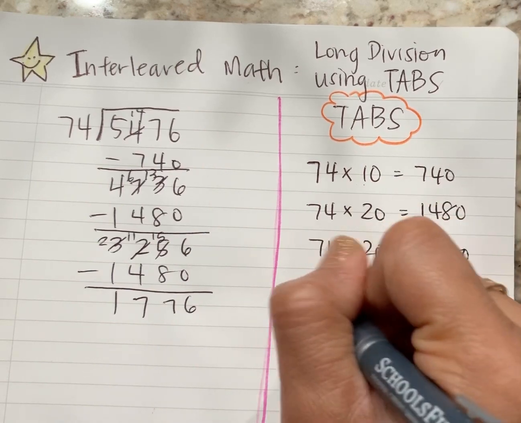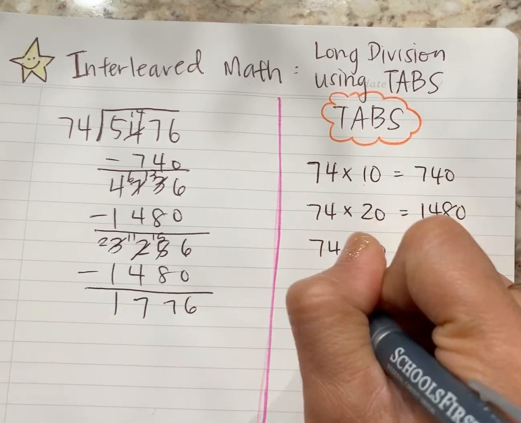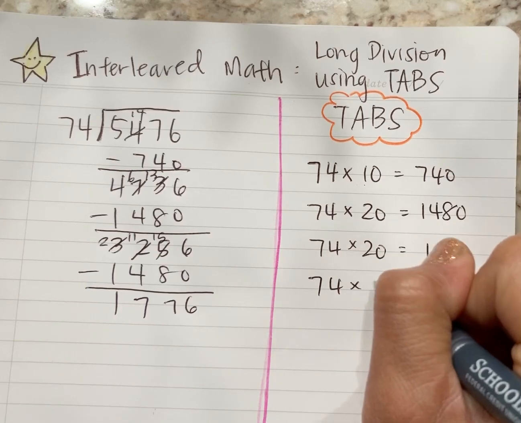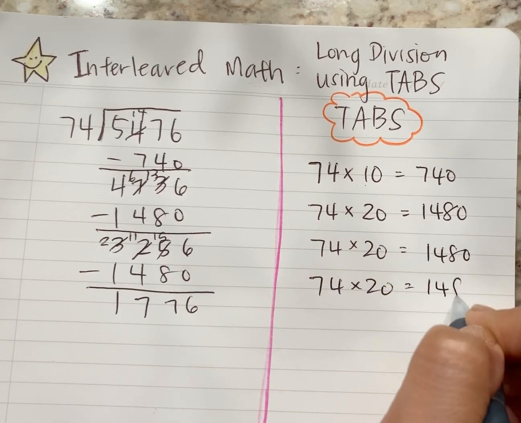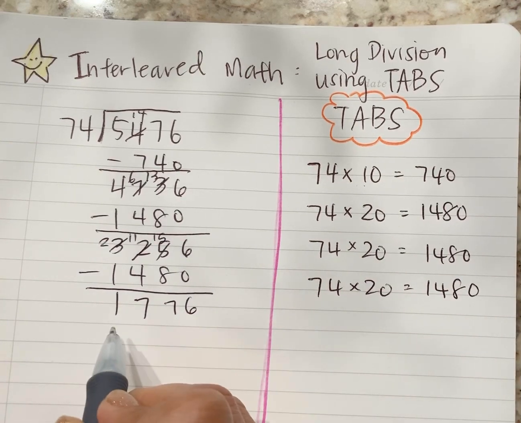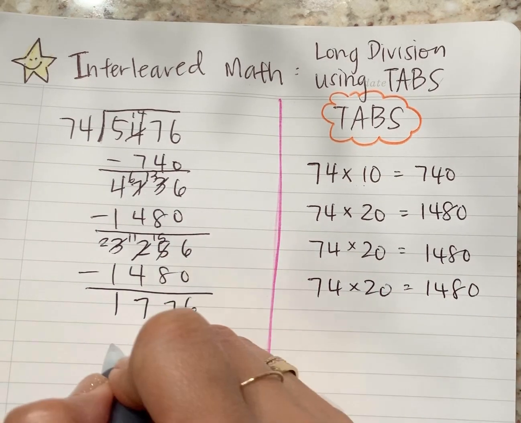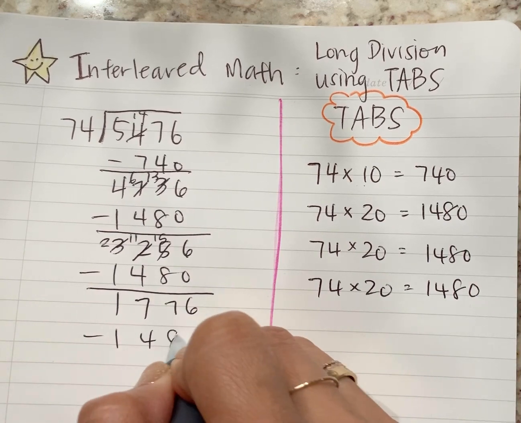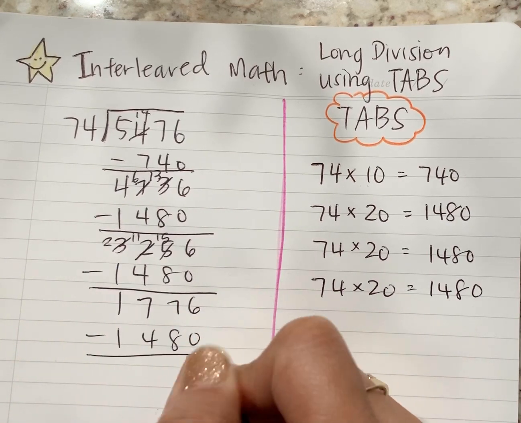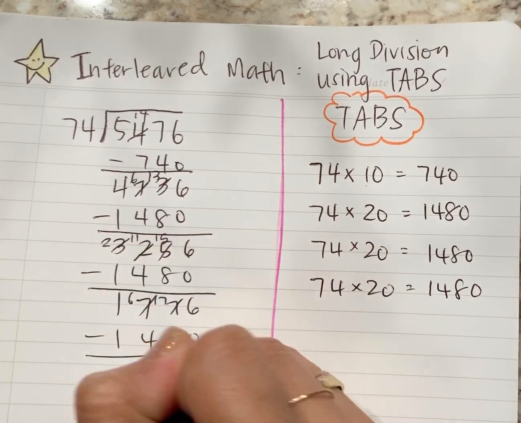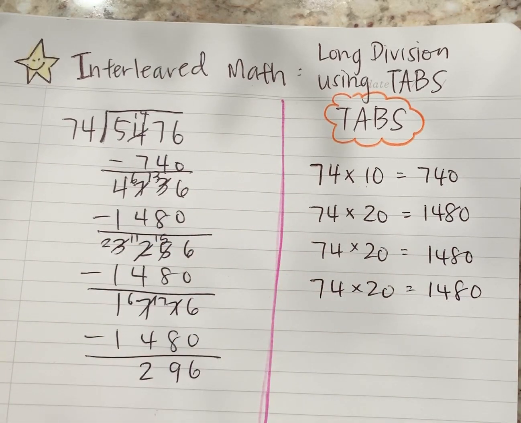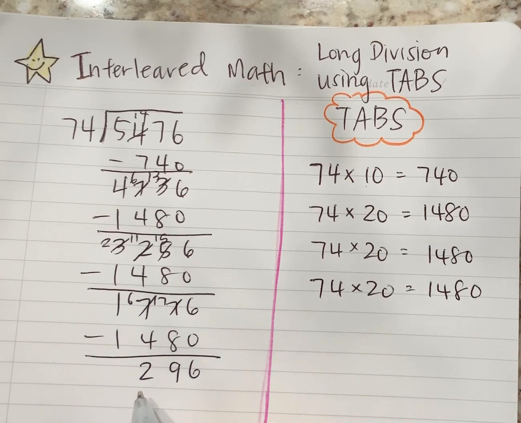All right, so notice now I have 74. I'm going to do 20 one more time because our answer, 1,480, is actually pretty close to what we have left here. So I'm going to subtract it one more time, and then I'm going to see where it takes us. 6, 17, 9, 6, 2. All right, we only have